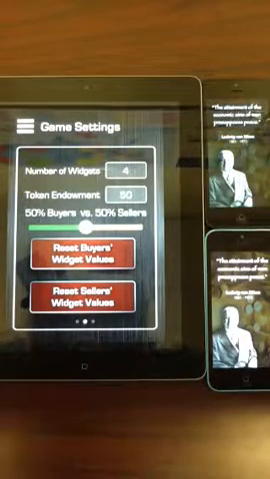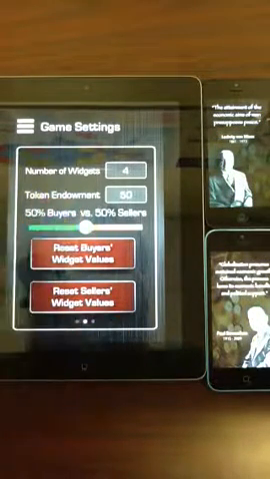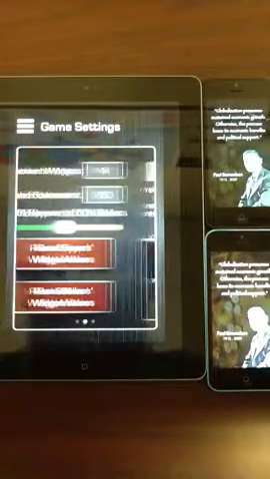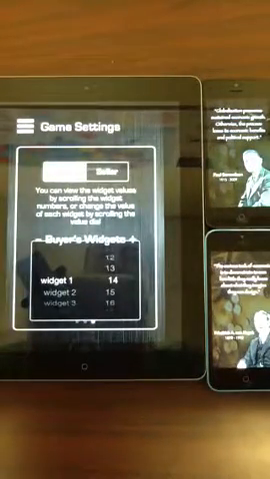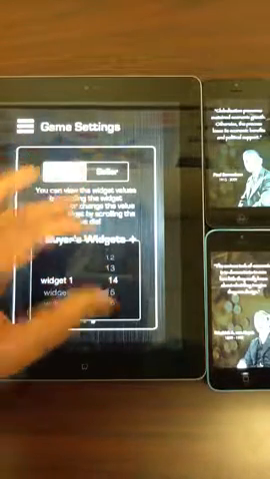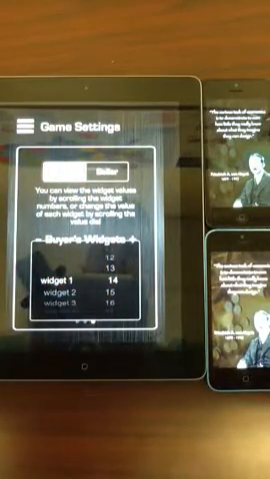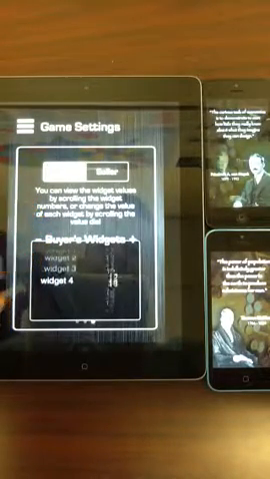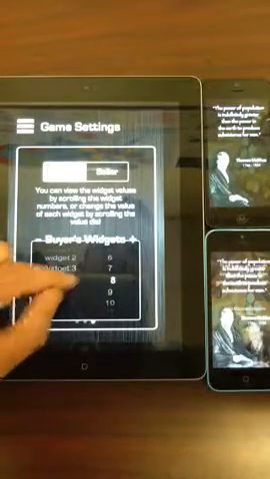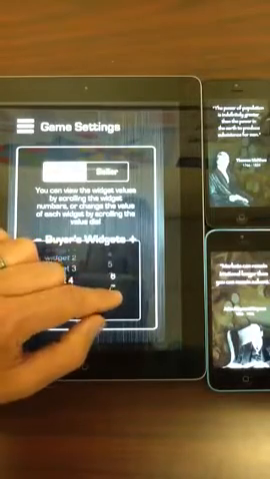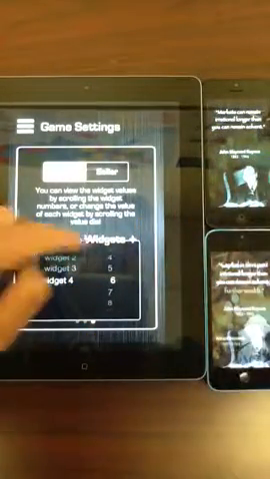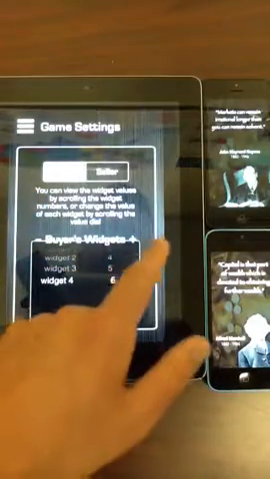You can change the token endowment. You can change the proportion of buyers and sellers. Reset their values. And you can also play with the widget values. We actually have a scroll bar here, so suppose we want to make the last widget worth a little bit less. We just click that down here, and we can do that, or